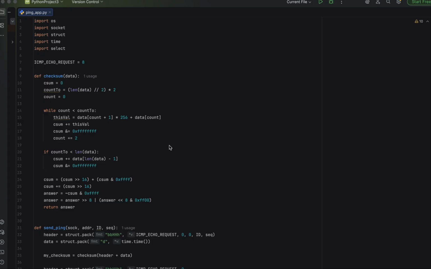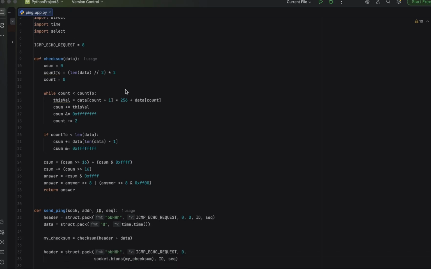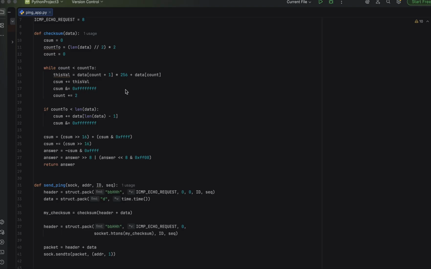First we imported some libraries: socket to create network connection, time to calculate RTT, round trip time, struct to help in packing or unpacking the binary data, and OS for system level operations. Then we created the ICMP packet. Here we use type 8 for the request, and type 0 for the reply.